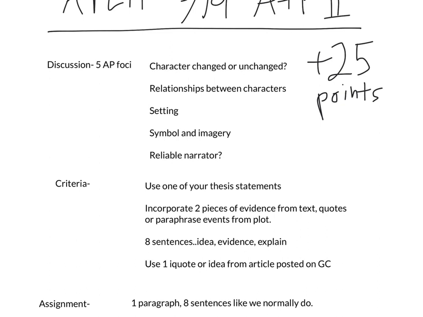Also, eventually when we get to the end of this assignment, you also need to incorporate your own interpretation of the theme, just like we did with the swimmer last week. So there's going to be more than one. There is no right or wrong. And I've posted an article on Google Classroom for you to use to help you with that.